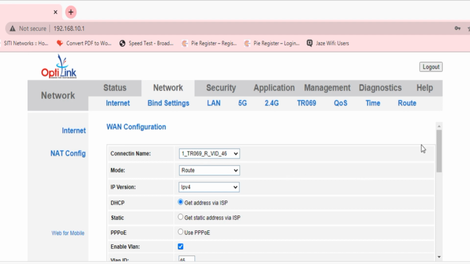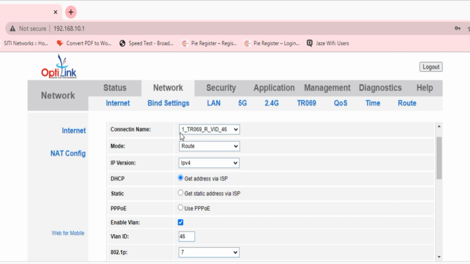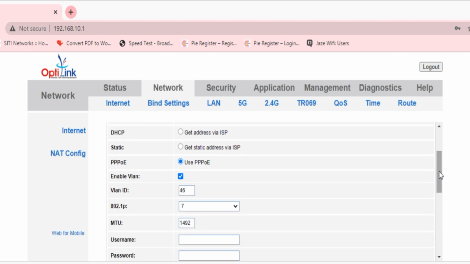Let's go. Here we don't need to change the first three things: connection name, mode and IP version. They need not be changed. Let's click PPPoE, because we are going to configure this device over PPPoE. Enable VLAN.